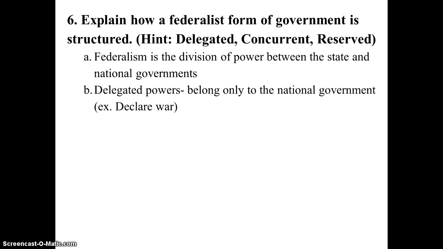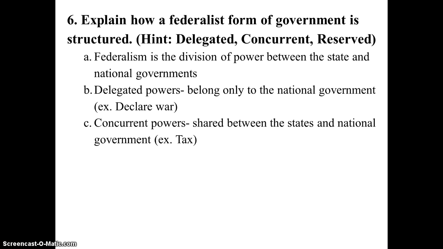So first we have delegated powers. Those are the things that only the national government has, like declaring war, like coining money, like, oh my gosh, I can't believe I can't think of other things. It's morning when I'm recording this right now, so maybe brain cells not working. Declaring war, money, managing Indian affairs. That was one of the original things. Managing interstate trade. All those things delegated only the national government. Because think about it, if New Jersey could declare war, they would just be declaring war on everyone, and it would just be ridiculous.